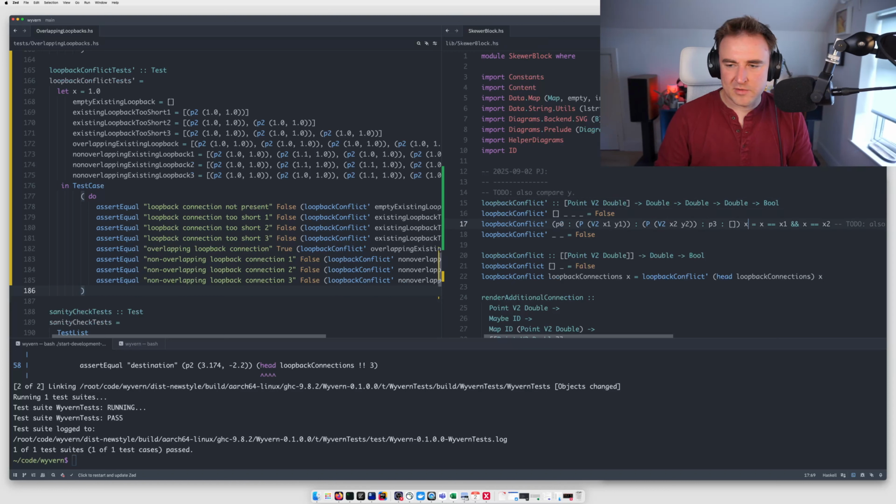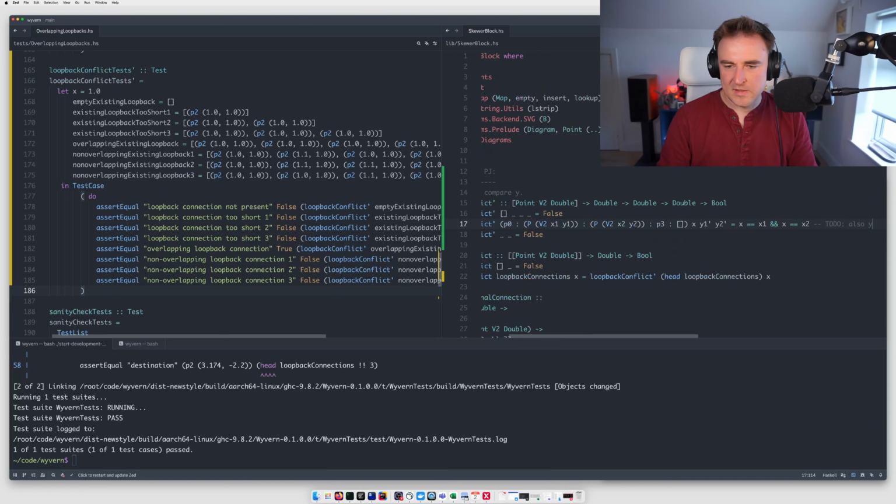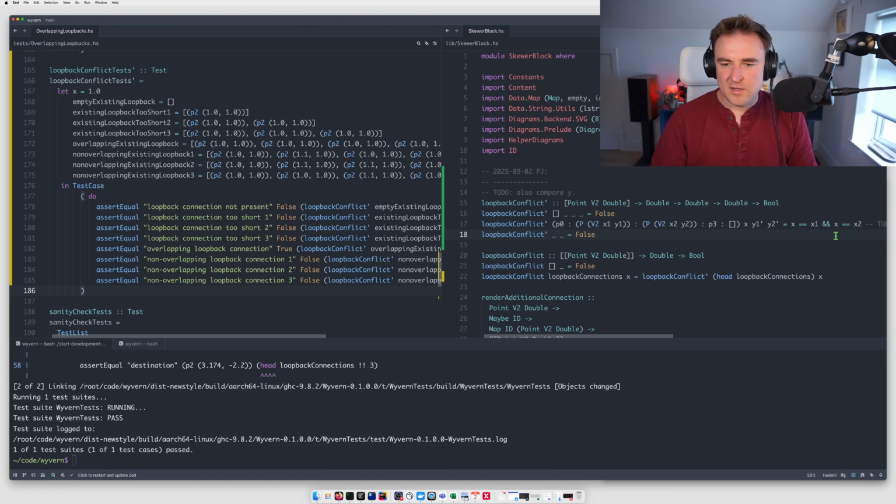Let's name it y1, y2, and conversely these prime. So naturally